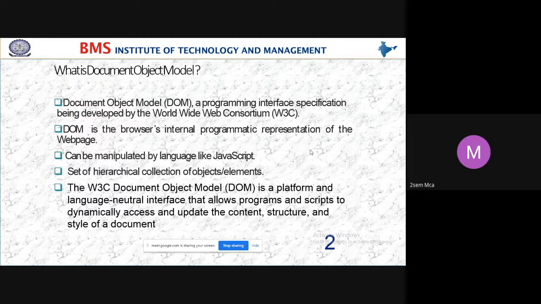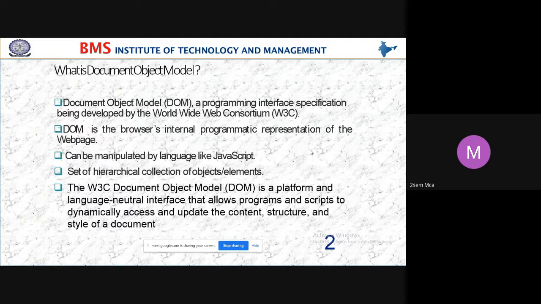The Document Object Model is a platform and language interface that allows, students listen carefully, programs and scripts to dynamically access and update the content, structure and style of a document.